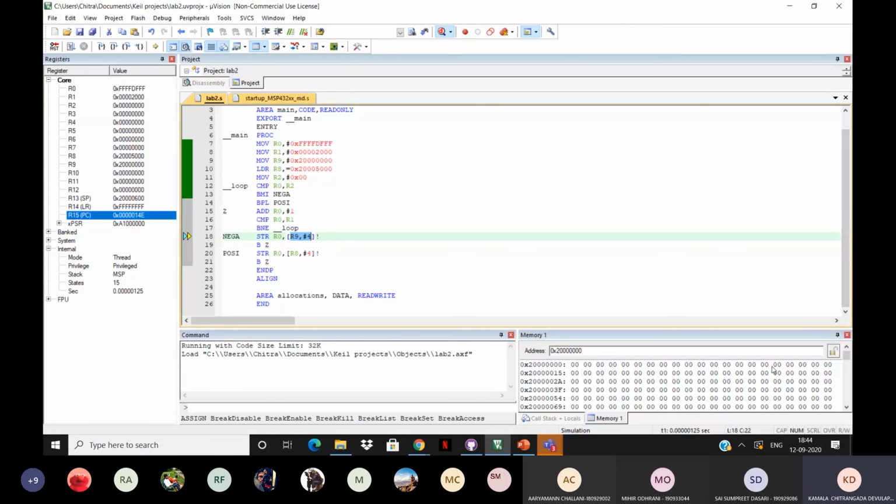So this memory location will be accessed, and this value is pushed in here. Can you see it? My R0's value, R0 minus 1, goes in here. Can you see it? Yes.